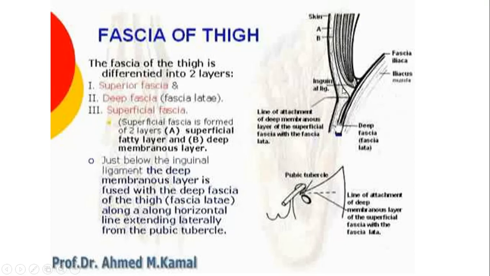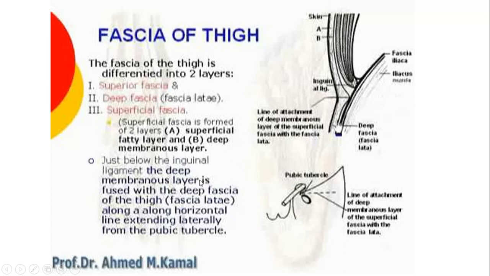In this slide, this is the superficial fatty fascia, but the line seen here is the membranous part of the superficial fascia, which is more concerned with the abdomen, that you will study when you study the fascia of the abdomen. That will be more important there, but in the thigh it is very small, and it is just below the inguinal